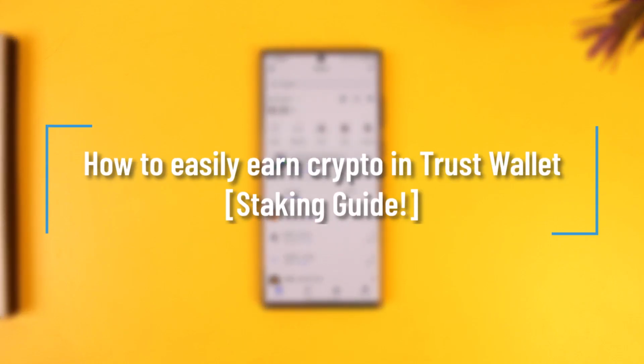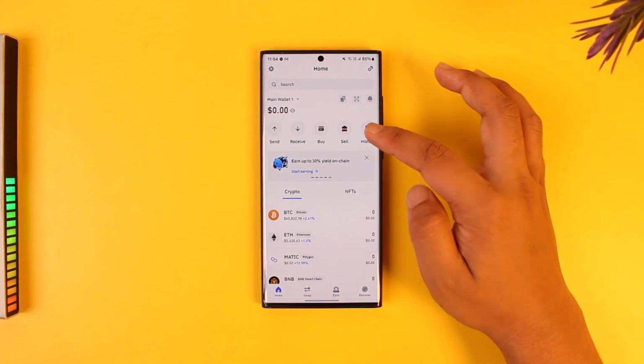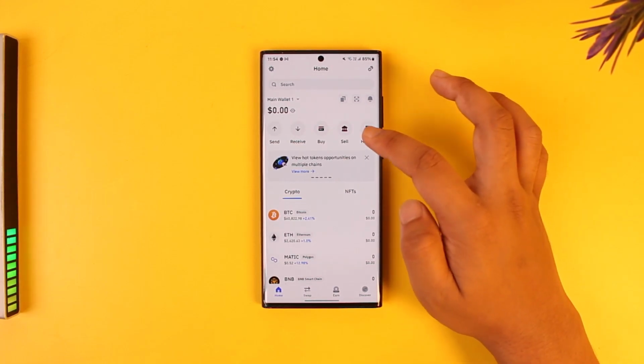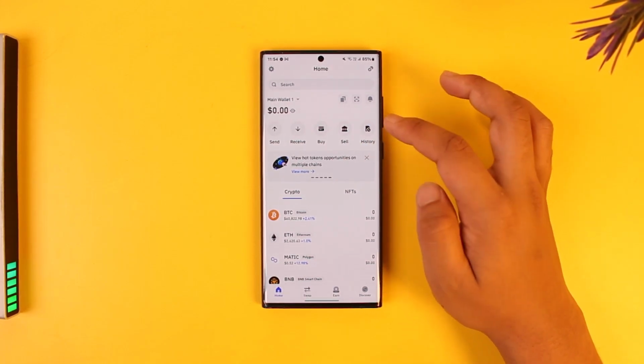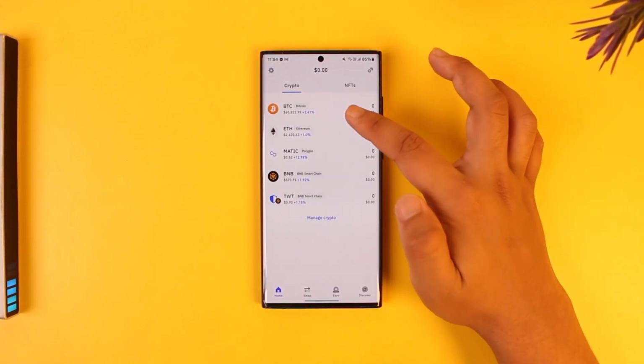How to easily earn crypto in Trust Wallet by staking. So if you want to easily earn crypto in Trust Wallet by staking, it's actually very simple. Assuming you've already logged in and set up your wallet, you first have to make sure to fund your wallet and so on. Now from here, you need to access the staking feature by selecting a cryptocurrency that